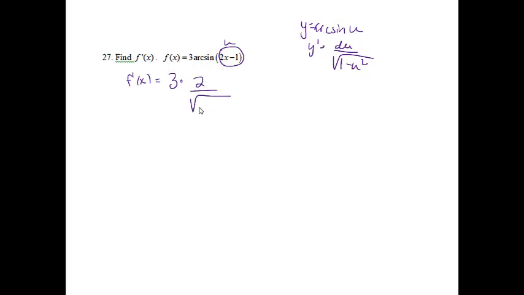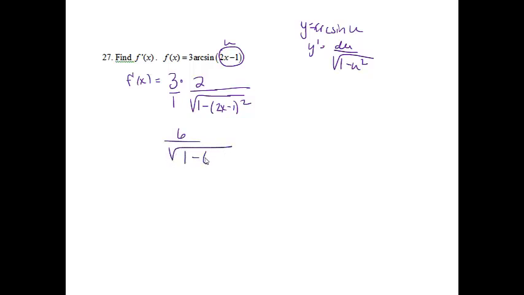Okay, 27, find f prime of x if f of x is equal to 3 arc sine of 2x minus 1. Okay, if we have an arc sine, I'm just going to write our formula up here. Y prime will equal du over the square root of 1 minus u squared. So that's the formula we're going to use. This will be my u. Okay, so f prime of x will equal the 3 as a constant. It's just going to tag along. Du, the derivative of 2x minus 1, is 2 over the square root of 1 minus u squared. And I'm going to put a 1 under there, so this will become 6 over the square root of